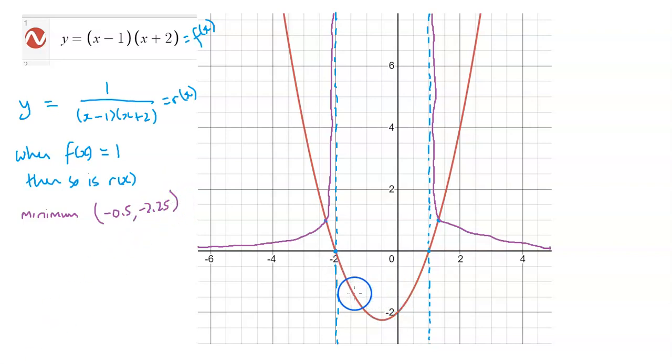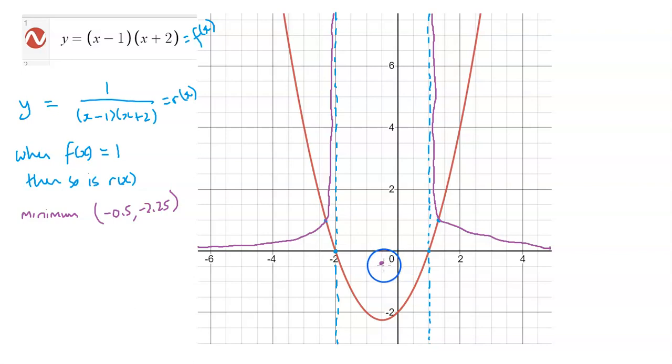And so clearly for this negative part down here, it's also going to be the maximum for our function r of x when x is equal to negative 0.5, because all the other r of x values in this interval here between negative 2 and 1 are going to be bigger in terms of modulus, but they're still going to be negative. Okay, and 1 divided by negative 2.25 is exactly negative 4/9, so that's going to be approximately about here, just under